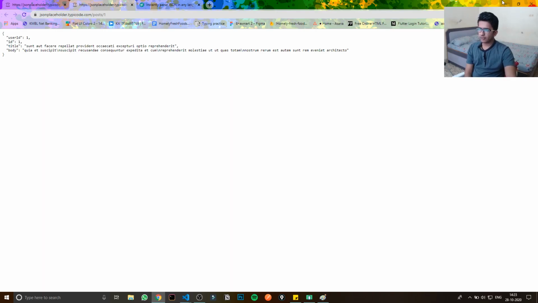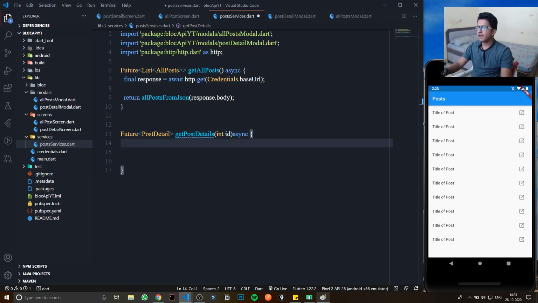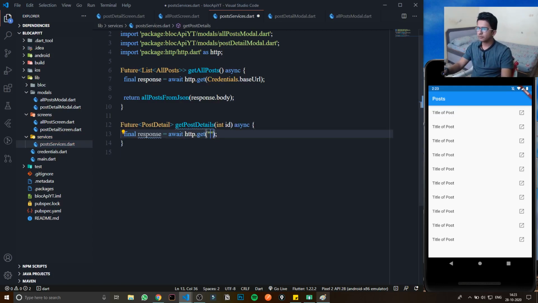So for that I can pass here an integer ID, and final response equals await http.get. It's all the same. The tricky part comes here. I have to call this like this, credential.baseUrl slash $ID.